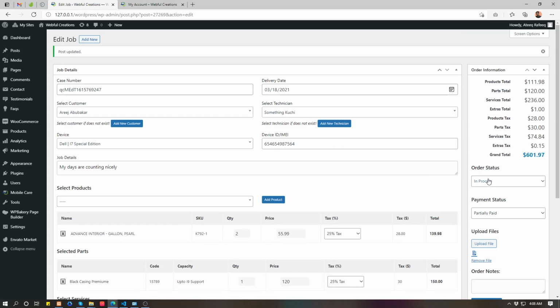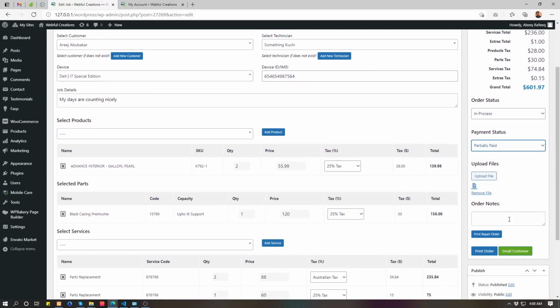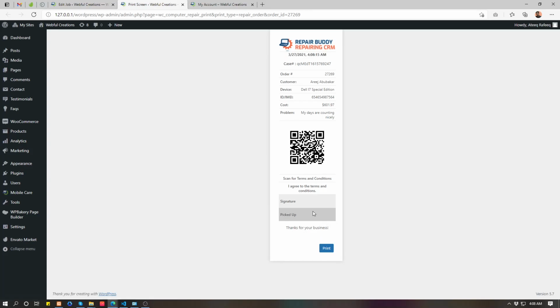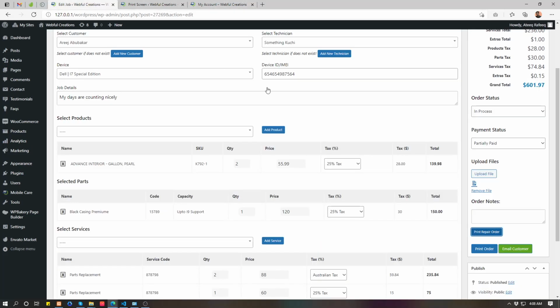Don't worry about it. Okay, here you can always change your job status. Here you can always change your payment status and any order notes. And here you can get a receiving from your customer that you have delivered their device. Here you can get a signature that they have ordered the service on their device, and whatever terms and conditions you have written on your page, like if you burn their device or whatever happens.